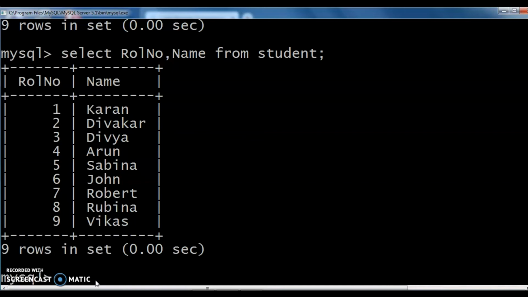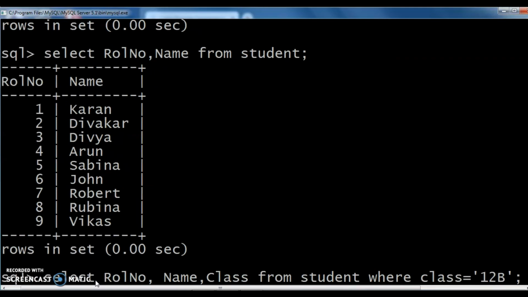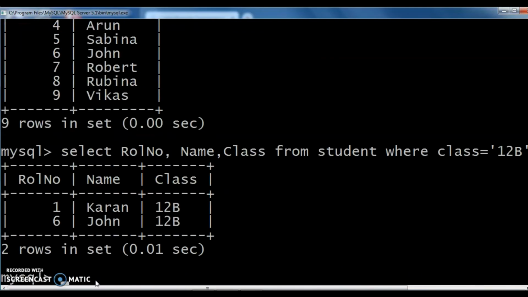Now we can check one example. Select roll number, comma, name, comma, class from student where class is equal to 12b. Check this one.